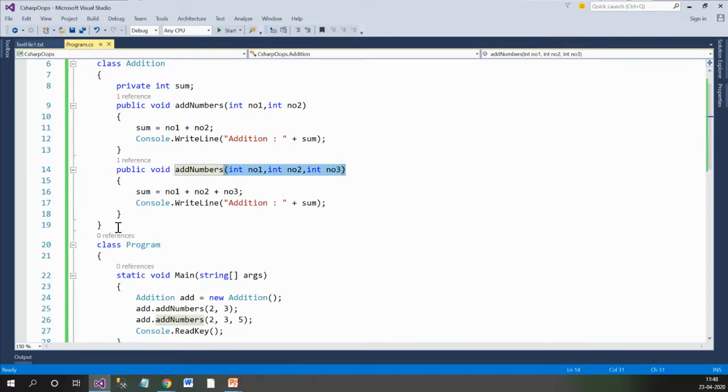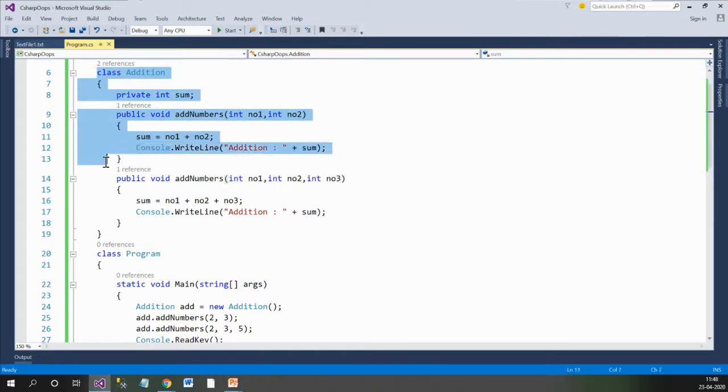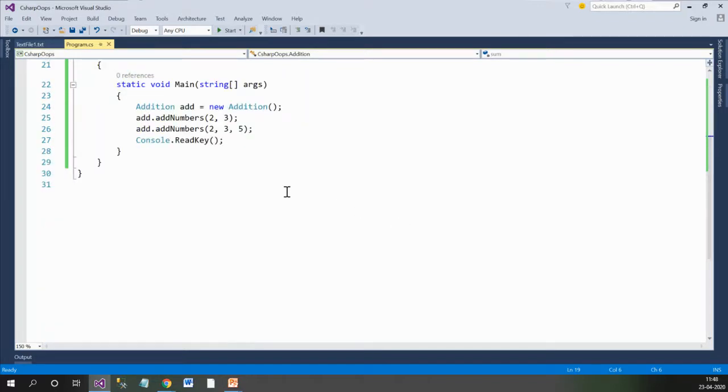Now let's imagine this class is invisible to you as a user. Let's imagine that. So as a user, what you are looking at is there is a function or method called add numbers where I will pass 2, it works, and even if I pass 3, it also performs the result, that is addition of three numbers.